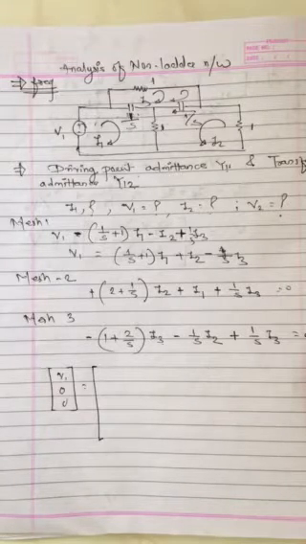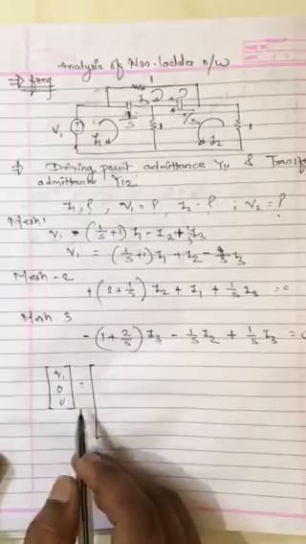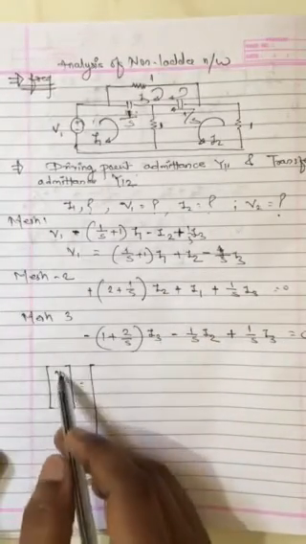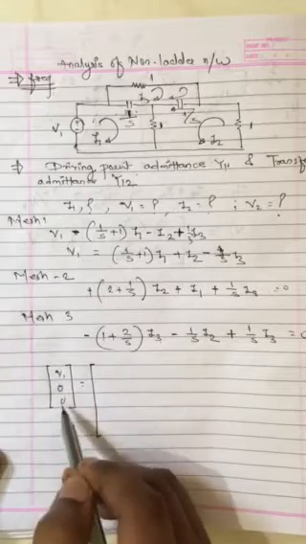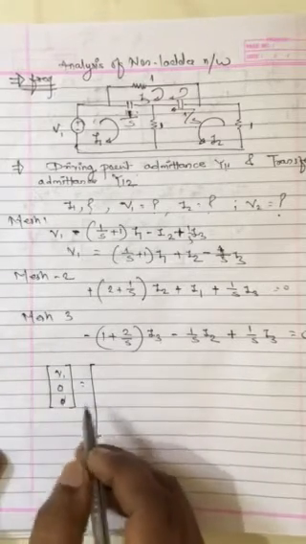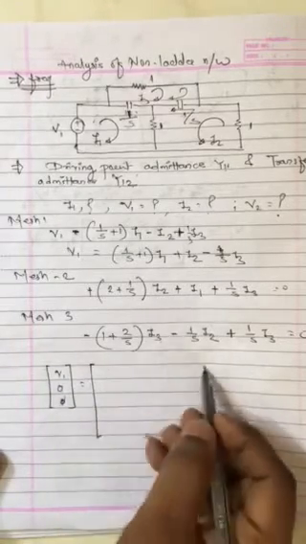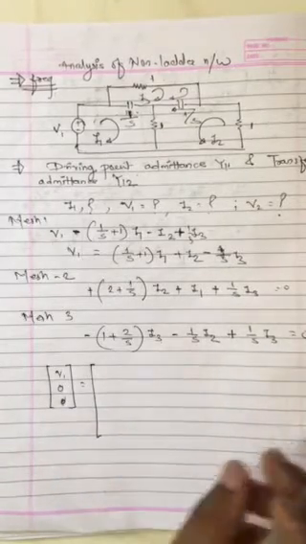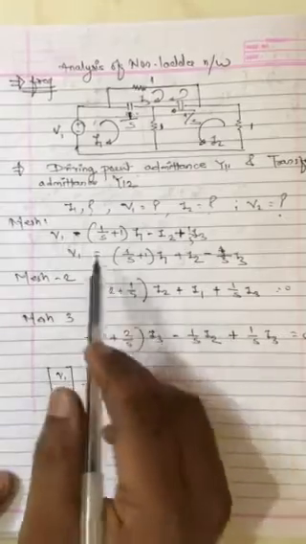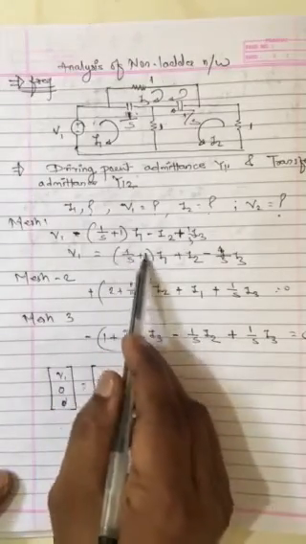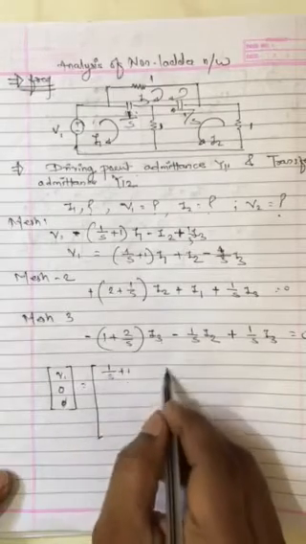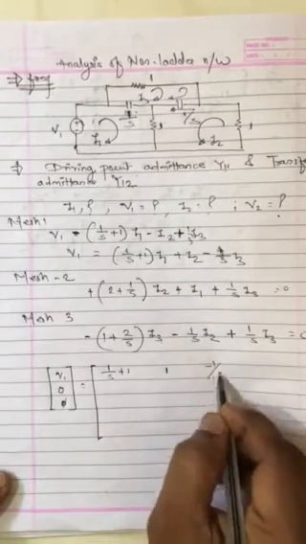Okay, hello friends. So now we have to put all three equations in matrix form. On the left hand side, that is V1, V2 and V3, V2 and V3 are not present, so I have kept 0. Now the coefficients of I1, I2, I3 I will place over here, right? And the unknowns I1, I2, I3 I will take on the right side. So in the first equation, I1 is 1 by s plus 1, I2 is 1, I3 is minus 1 by s.